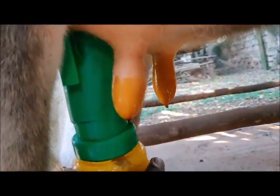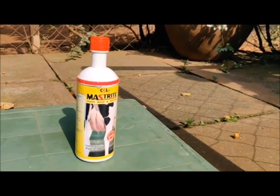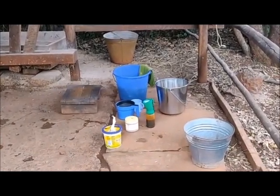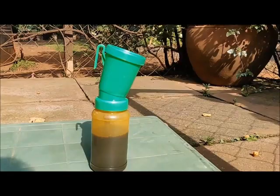Using a disinfectant is the best method and is quick and easy to use on a clean cow. A teat disinfectant like Mastrite or another brand of teat disinfectant will kill any bacteria on the teats. Get the following items ready and within reach before you sit down to milk: Mastrite, a teat dip cup,